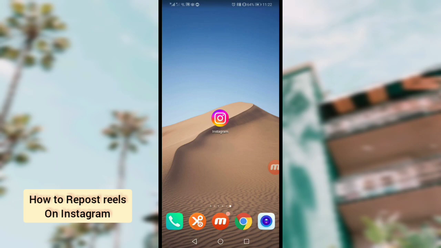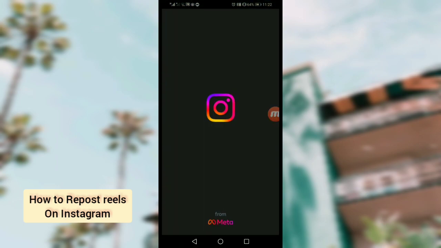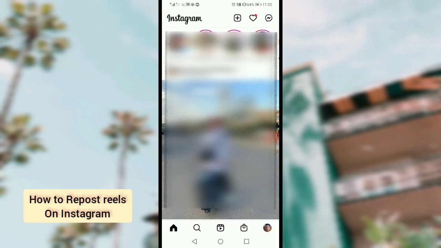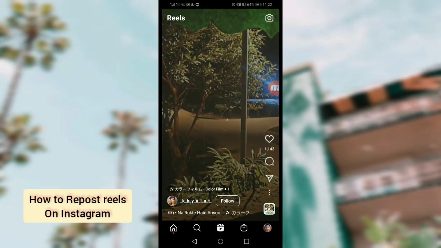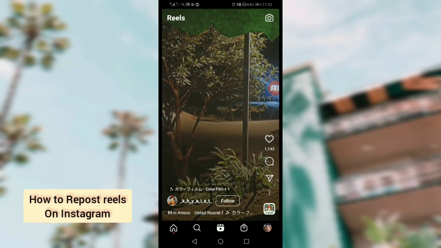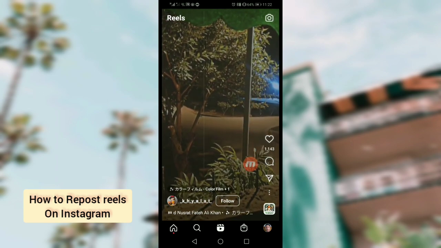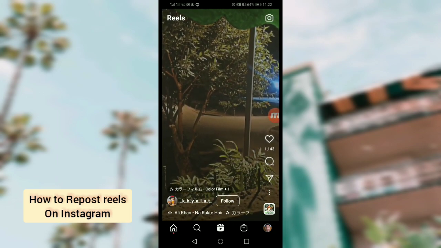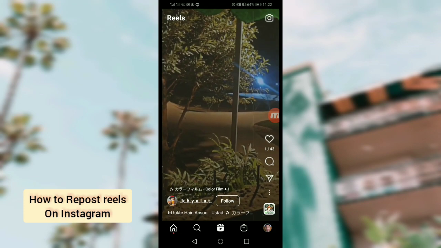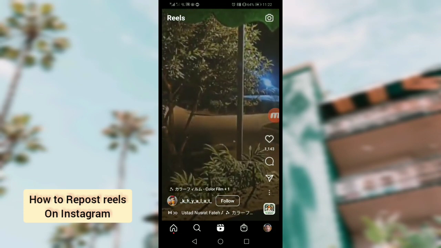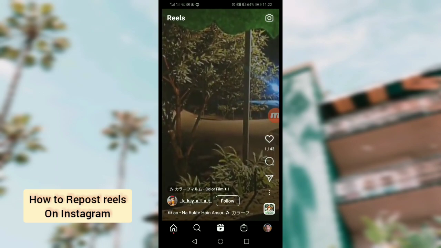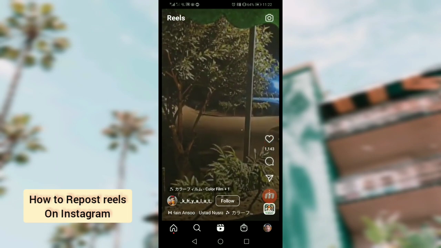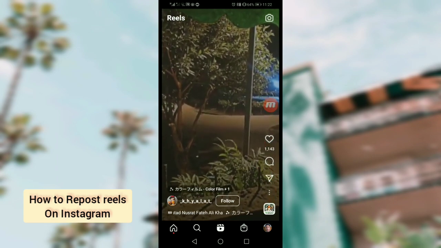So let's get started. First of all, open Instagram application, then tap on reels option in the bottom. Now let's suppose I'm reposting this reel. So for this you should have to do something, but I am telling you that the method in Instagram is a little bit different from TikTok, because TikTok provide directly repost option, but in Instagram you will not find repost option. So for this, tap on this paper plane up icon